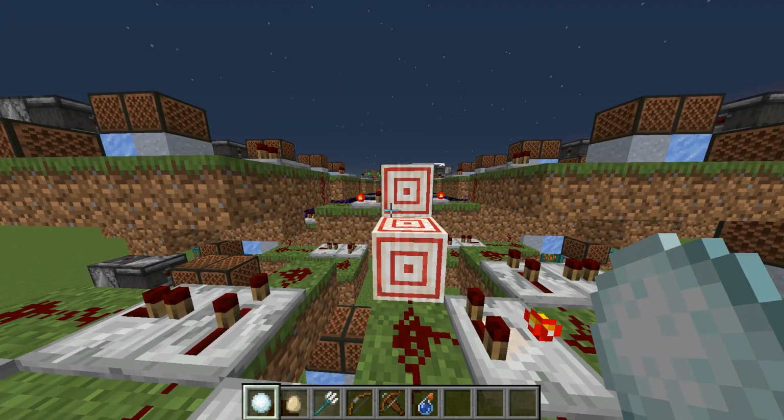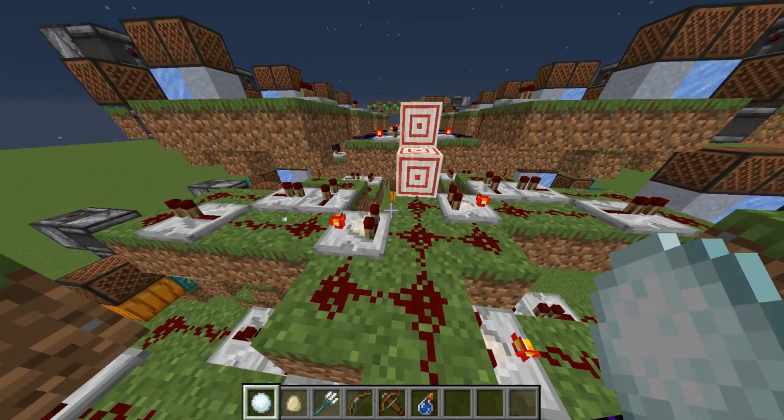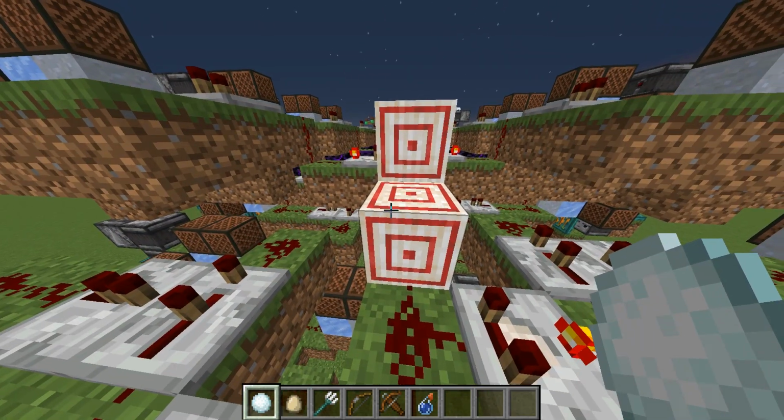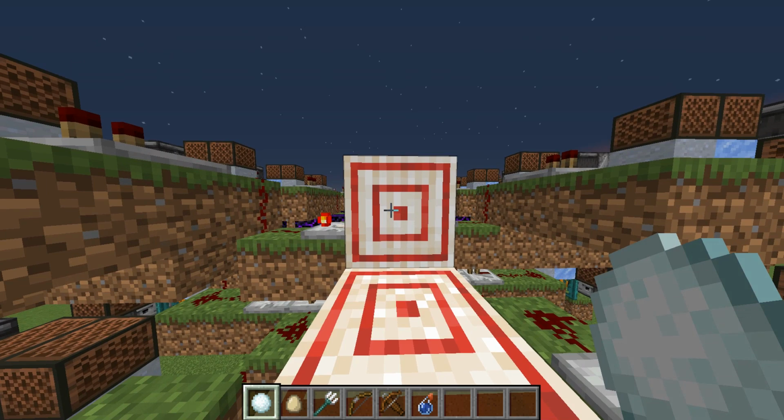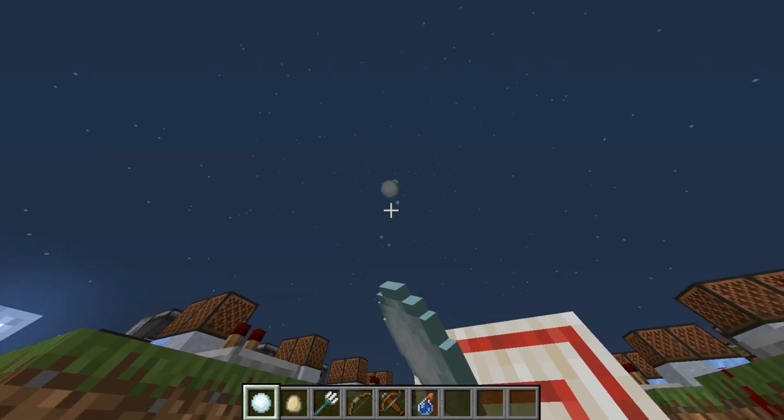But they have a randomness aspect to it. As you can see, when I throw these snowballs straight into the air, they don't come straight back down onto me. They kind of spread out. That's because snowballs are a bit randomized, and so sometimes you won't get the note that you want, because it'll hit slightly to the right, slightly to the left, slightly to the top, slightly to the bottom, and it'll just give you the wrong note. So you basically have to be a little bit lucky,